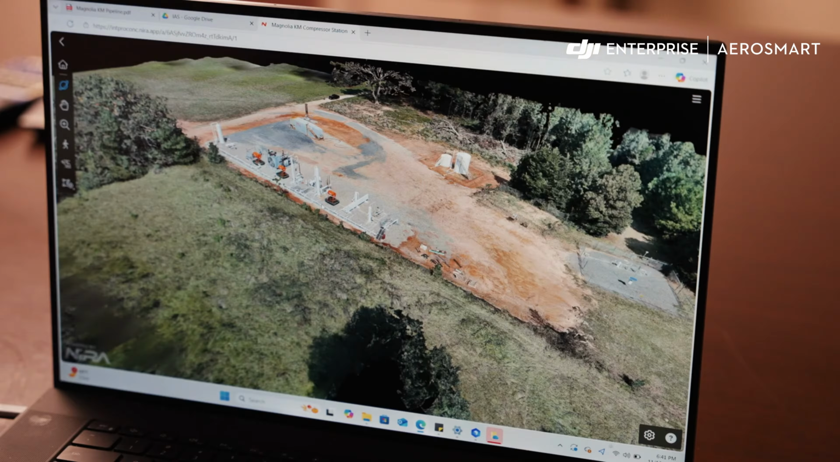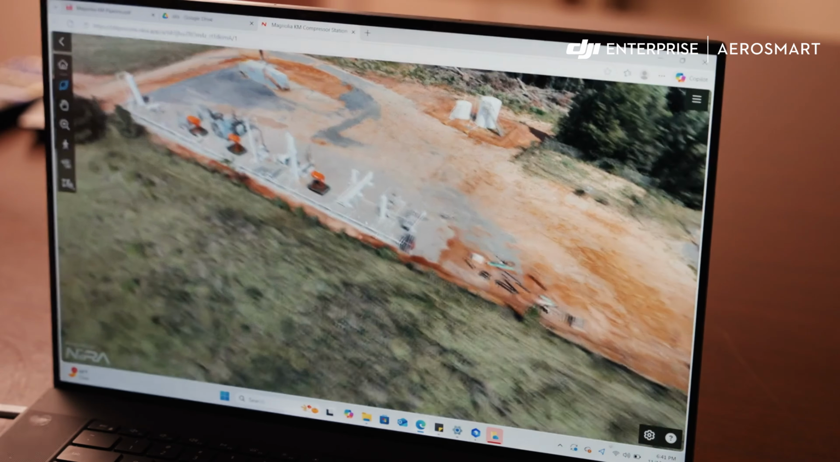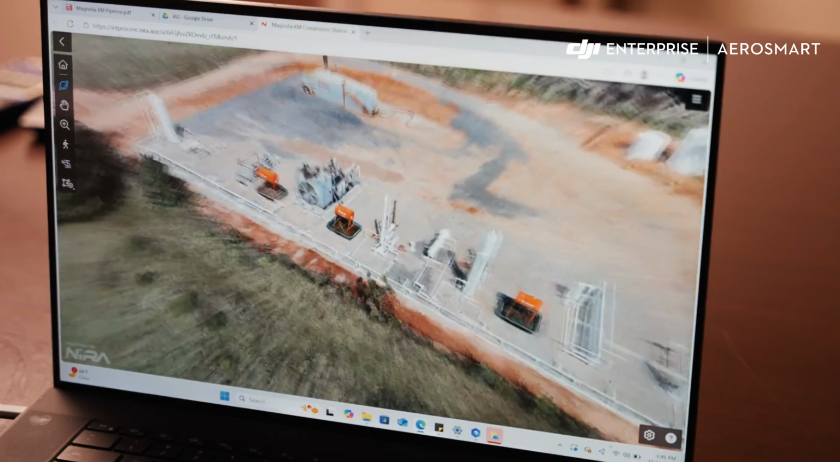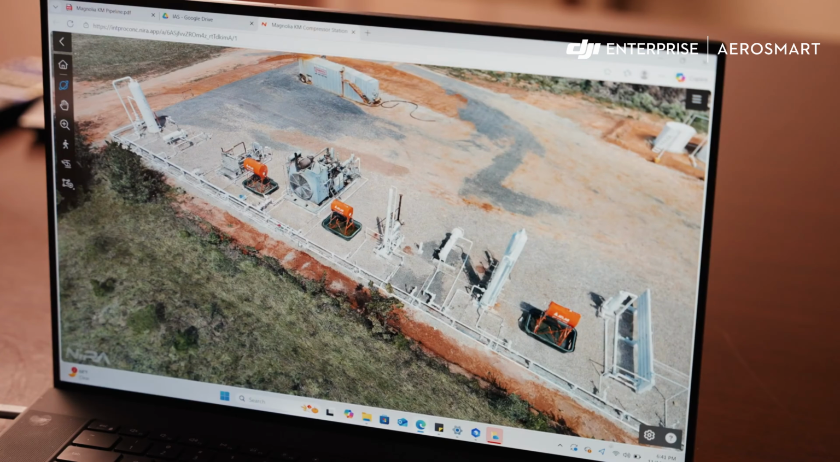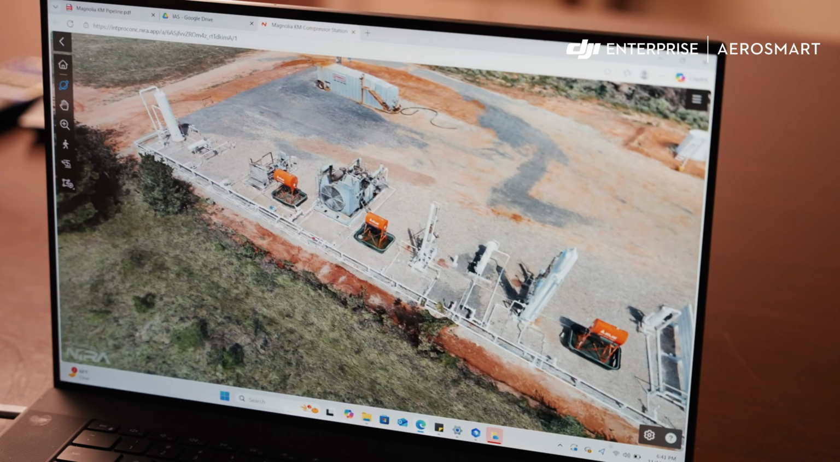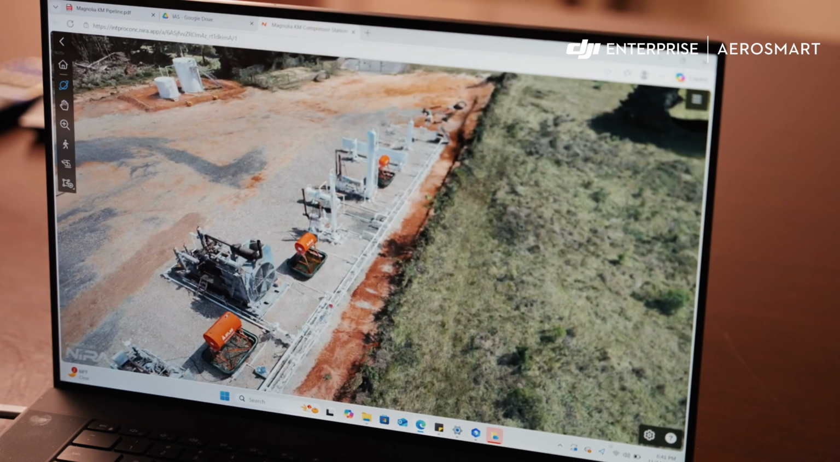Utilizing the sensors like the L3 or the P1, you're able to render 3D models just like this one. This is the facility we were at earlier today, and this is an example of how the 3D model can look. What's excellent about these 3D models is they are survey grade centimeter level accurate, which means not only can